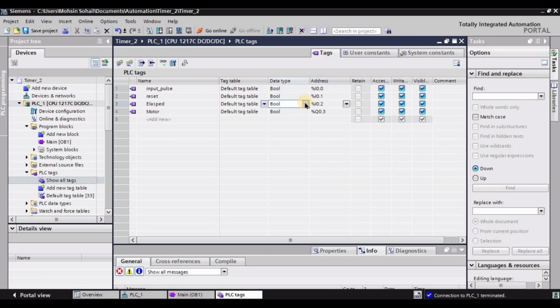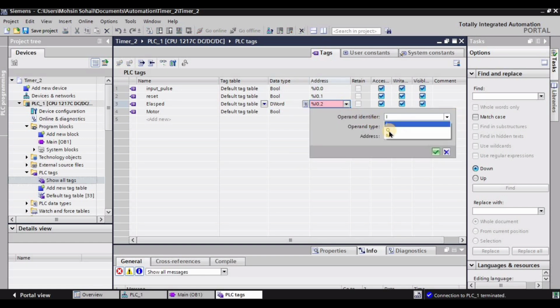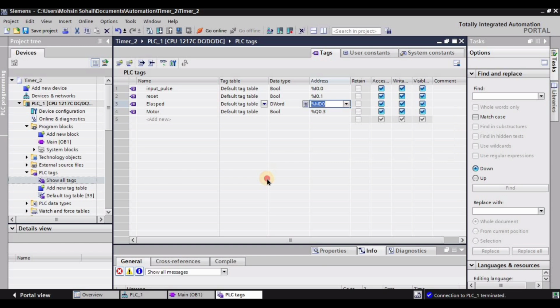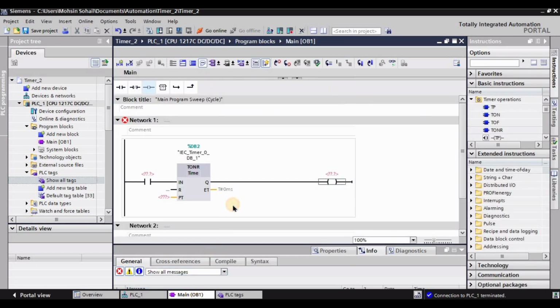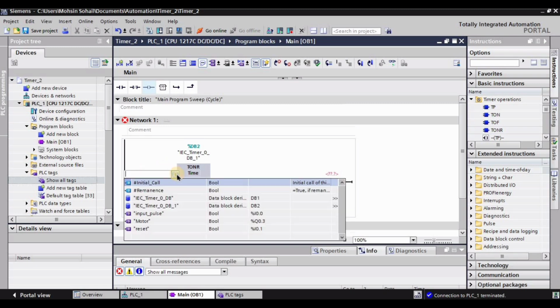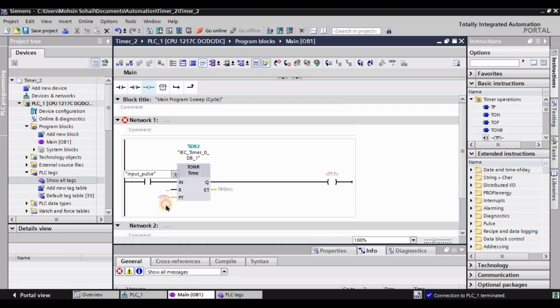And for elapsed time, we change the data type from boolean to D word. So I'm going to change the data type, and also I'm going to change the identifier as well. The identifier should be M for the elapsed time, and check this box. Now let's get back to the main, and now I'm going to assign the tags. So this is the input pulse. This right here is the input pulse, and for the reset I'm going to make a parallel branch here, and I'm going to place a normally open contact here,